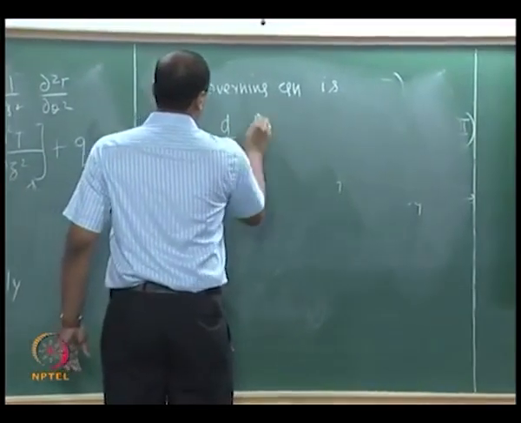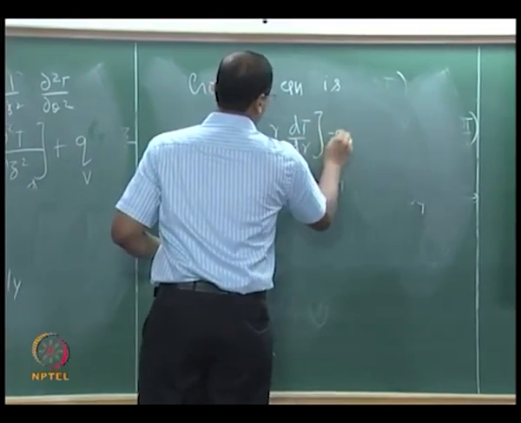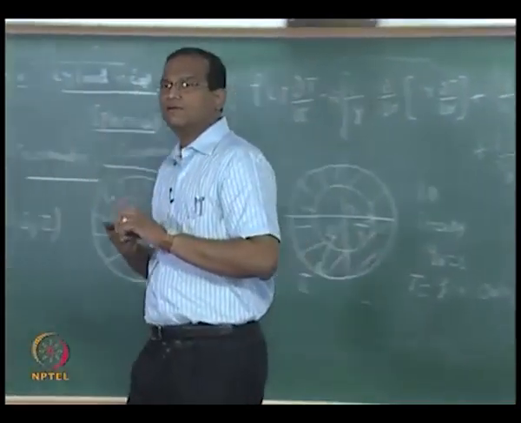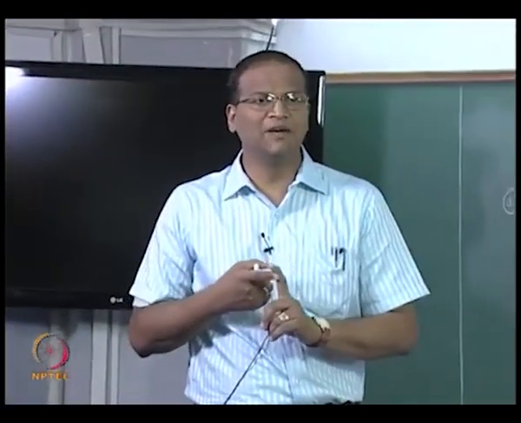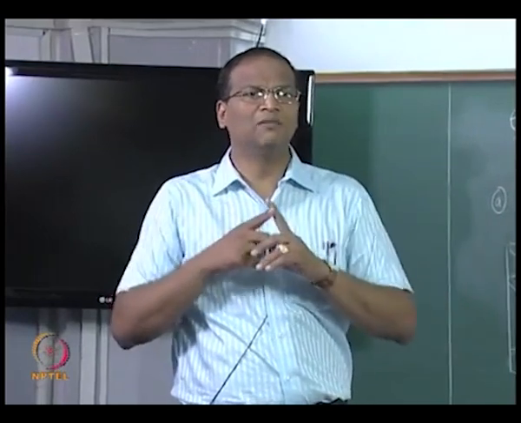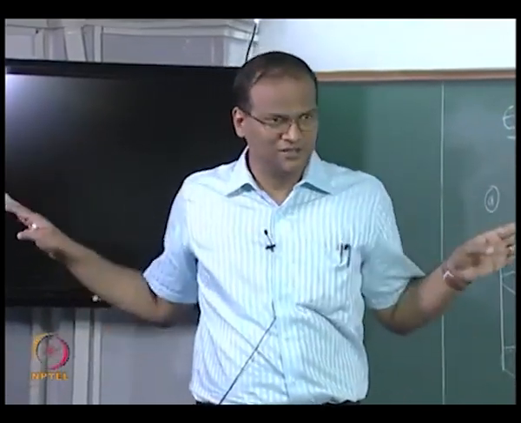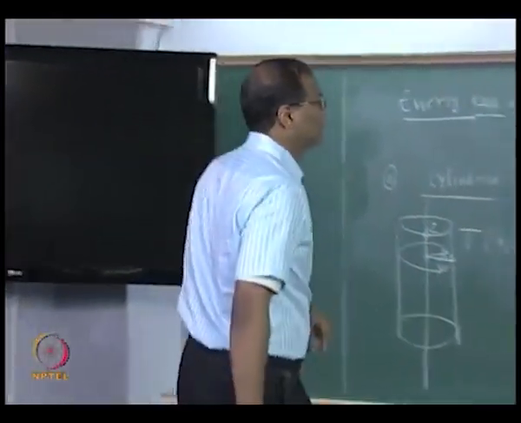I can make it d also, no need for dou. Is everybody through with this? The left side unsteady term is 0, right side d square T by d theta square is 0, d square T by d z square is 0, QV equal to 0. Because everything else is 0, dou by dou r can be changed into d by dr. Now integrating once,